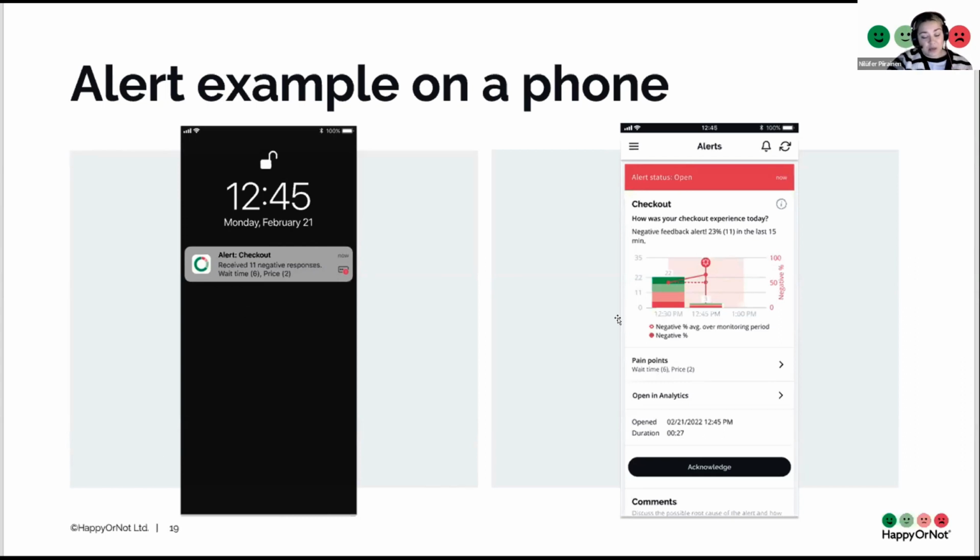You can also see on the image here on the right that the person who opens the alert can show to other team members that it's being acknowledged, meaning action is being taken, by clicking the acknowledge button. And you could also add comments to the alert, and the commenting can be used for documenting lessons learned and what were the root causes for the alert. And it's normal that it might take some time to find the right trigger that works for your business. And you can always test different triggers out, change them up, and try over time what works best.